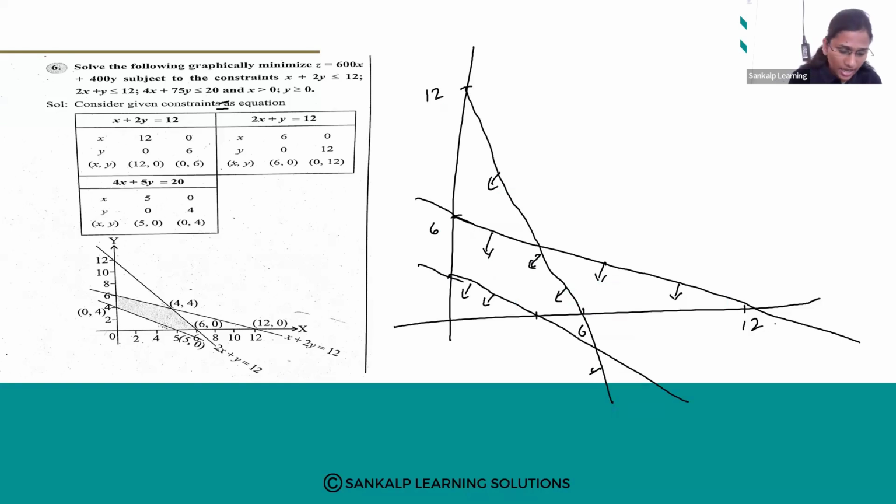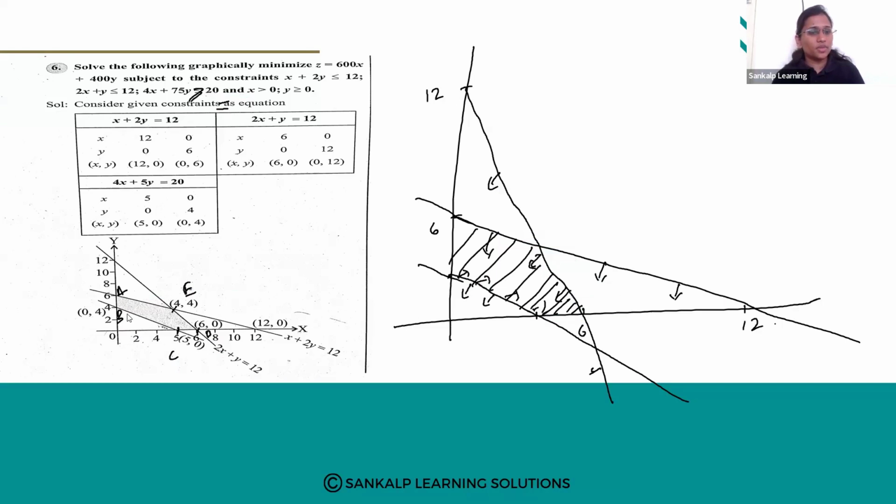Please make a correction, ಇದು last ಅದು greater than or equal to 20 okay na, greater than or equal to 20 ಅಂದ್ರೆ away from the origin ಆಯ್ತು. So this shaded region is your solution part okay ಕಾಣಿಸ್ತಾ ಇದೆಯಲ್ಲ, this is the solution. ಈಗ ನೋಡಿ ಇದನ್ನ A ಅನ್ಕೊಂಡ್ರೆ ಇದನ್ನ B ಅನ್ಕೊಂಡು ಇದನ್ನ C ಅನ್ಕೊಂಡು ಇದನ್ನ D ಅನ್ಕೊಂಡು ಇದನ್ನ E ಅನ್ಕೊಂಡ್ರೆ what is your bounded feasible region ABCDE okay with corner points A of 0,6, B of